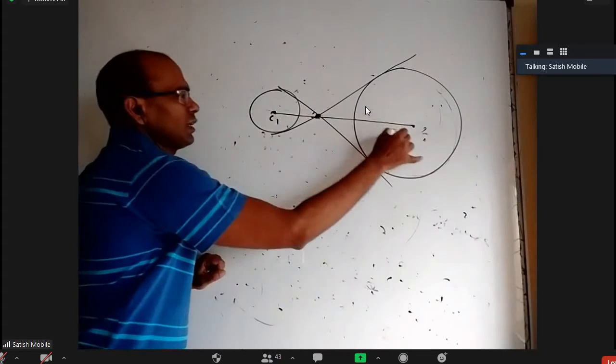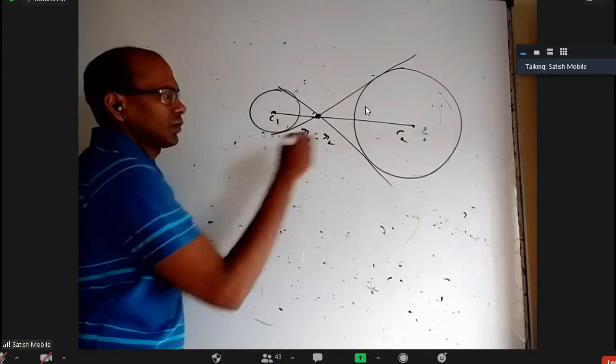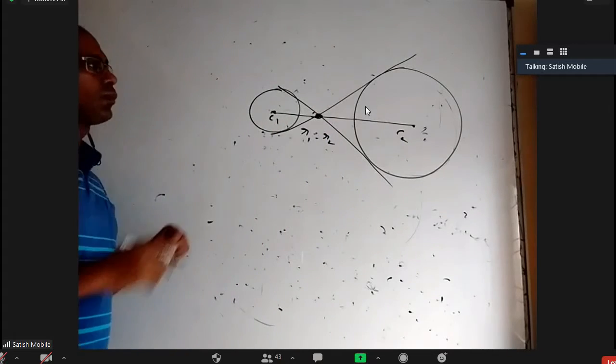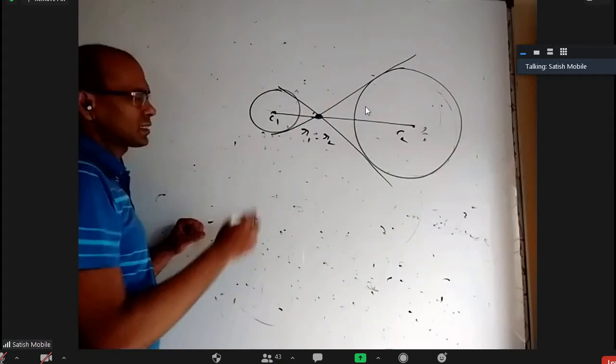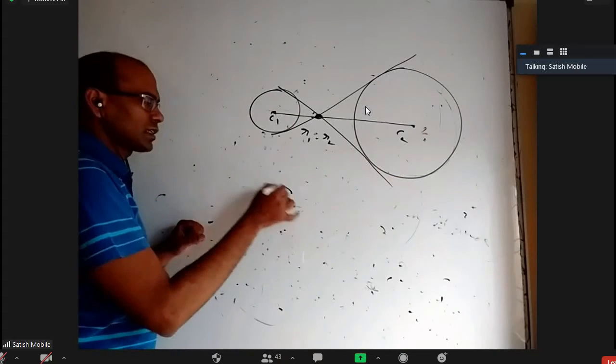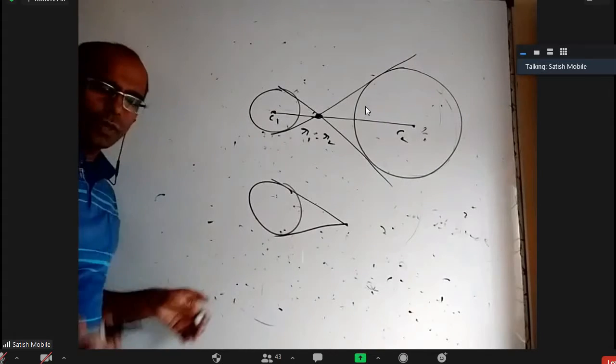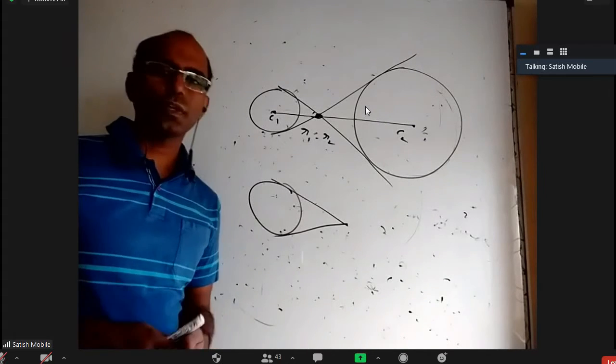You take C1 and C2 and divide in the ratio R1 is to R2 internally by using the section formula, and we'll get this point. Once you get that point, how to find this line and this line? Forget one of the circles, take one circle and that point. You have to find these two tangents. We already discussed just now 3 or 4 methods. You can use any one of them.